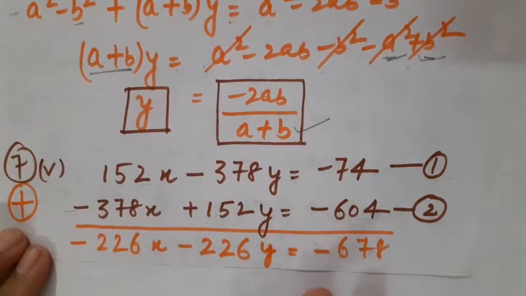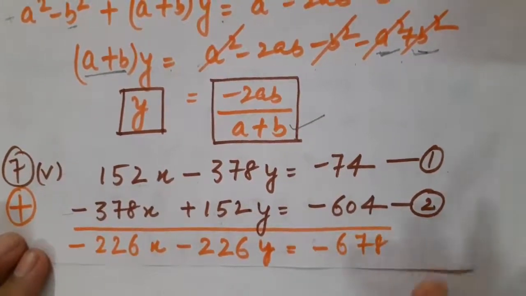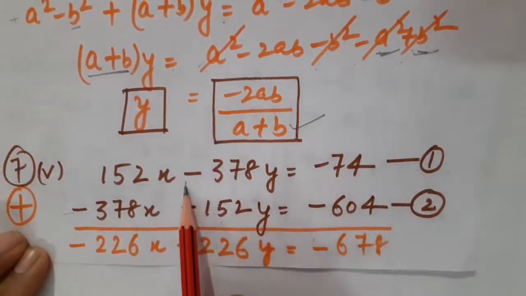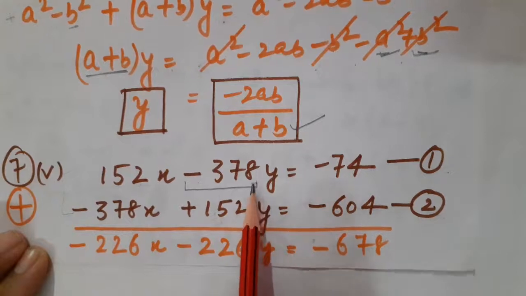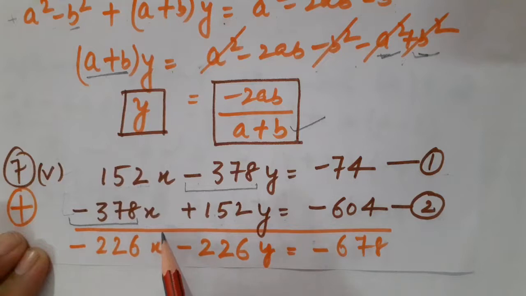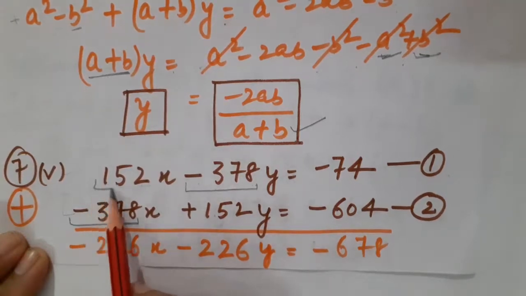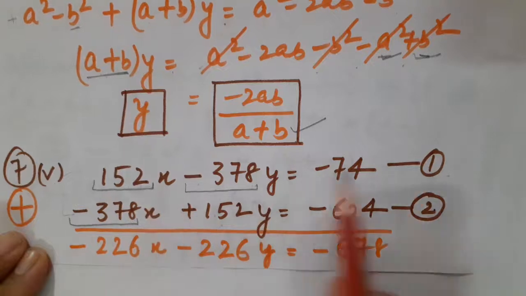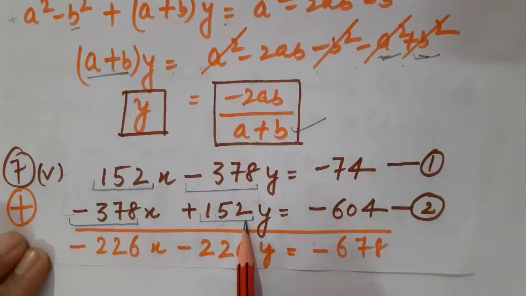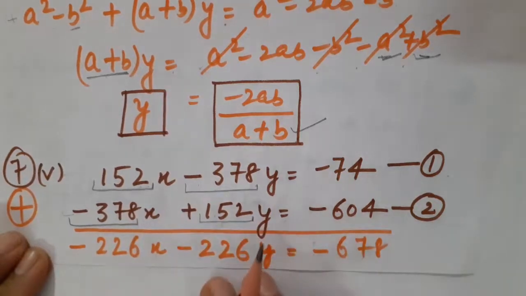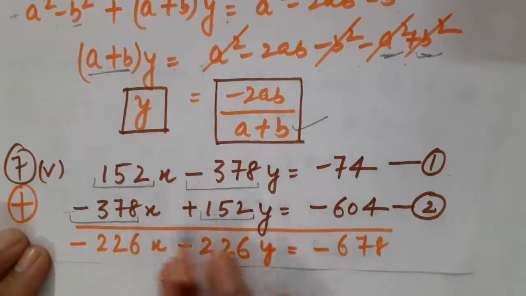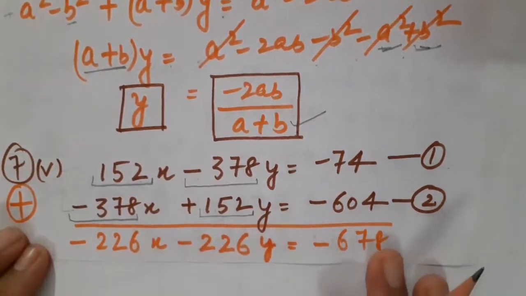But there is another alternative to solve such kind of questions. Please observe the statement. Here children, you can see that in equation number 1, whatever is the numerical coefficient of y has become the numerical coefficient of x in the other equation. Similarly, whatever is the numerical coefficient of x in equation number 1 has become the numerical coefficient of y in equation number 2. So how to do such kind of questions? But make sure that there should be some big values. Fine. So that you can apply this method very easily.